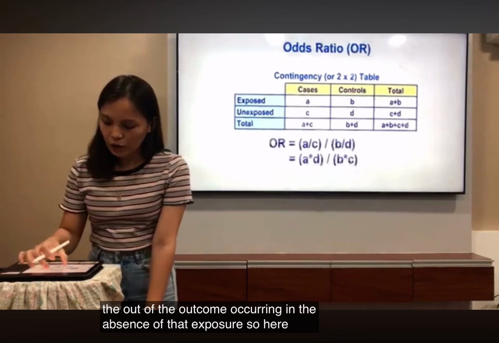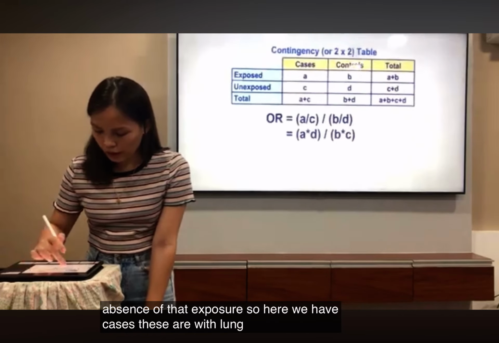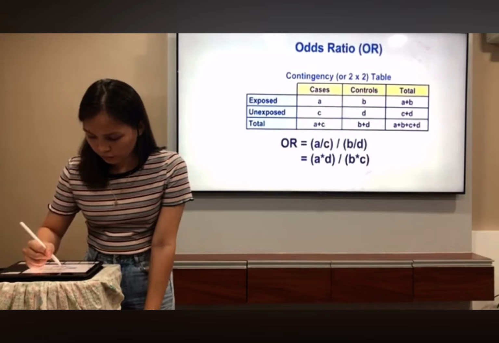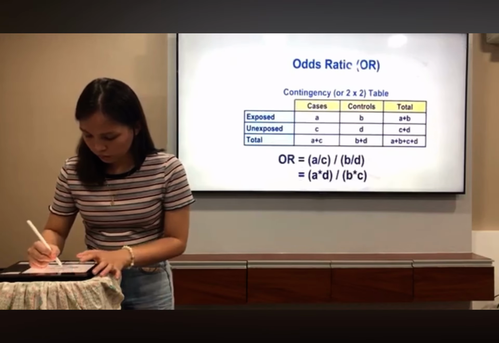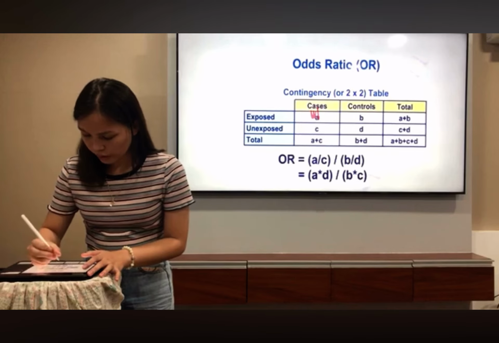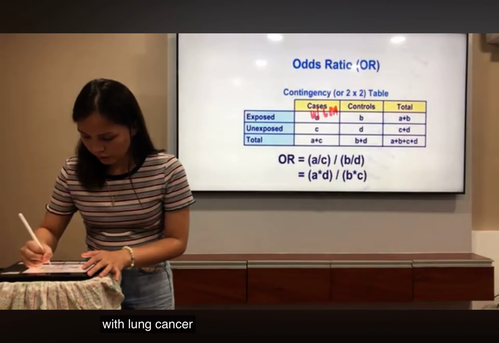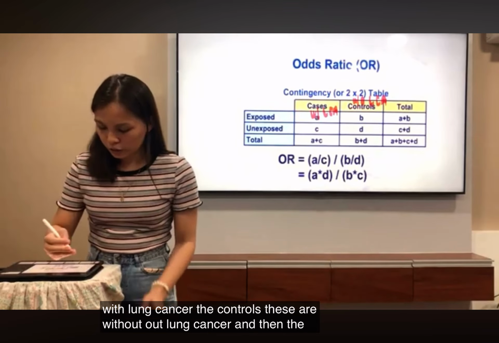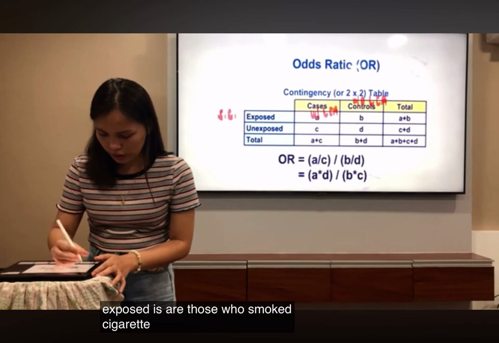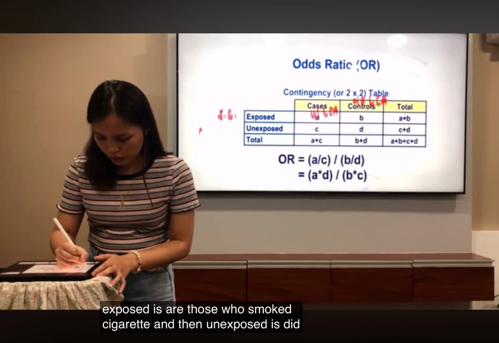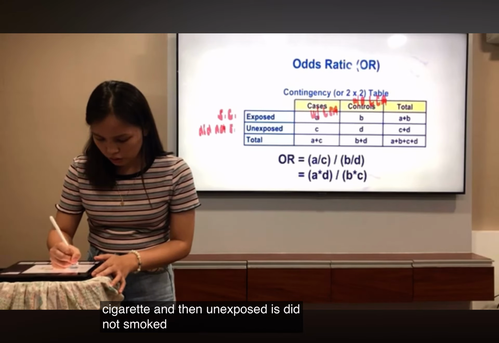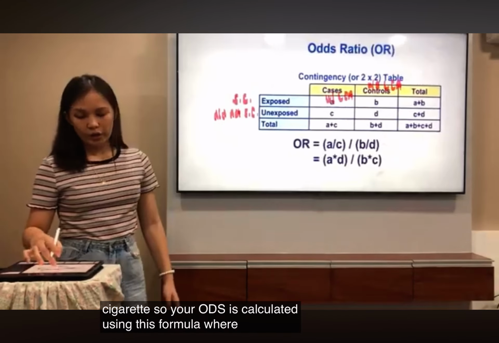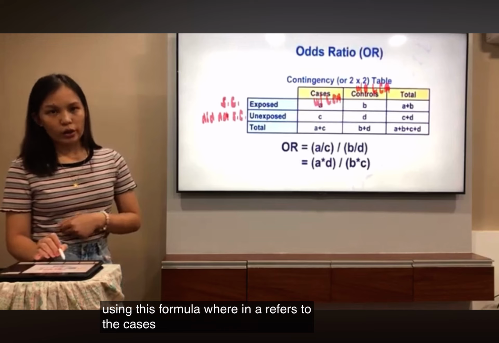So here we have cases. These are with lung cancer. The controls, these are without lung cancer. And then the exposed, these are those who smoked cigarettes, and then unexposed is did not smoke cigarettes. So your odds ratio is calculated using this formula, wherein A refers to the cases with lung cancer